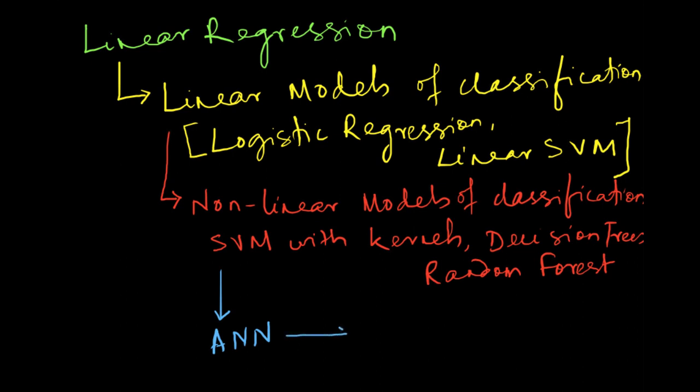And now this concept of ANN has become much more advanced and is what is called deep learning. Deep learning is also usually implemented using artificial neural networks, but with a very special kind of architecture, which we are going to briefly touch upon in this course. So this is a very broad overview of the kinds of algorithms that people use in supervised machine learning. Now, what changes as you go from linear regression to deep learning?